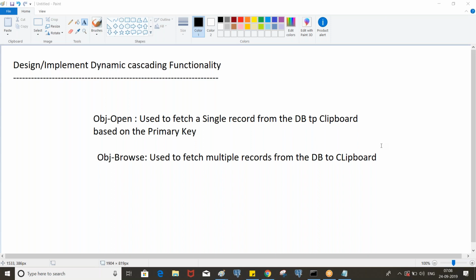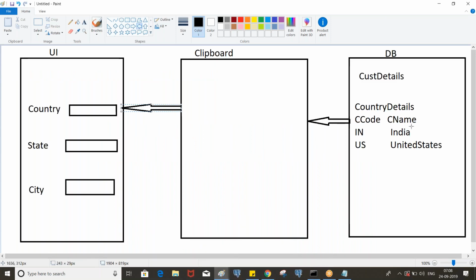Now in this case, which method do we need to choose? Obj browse, right? Because we'll have more than one record.